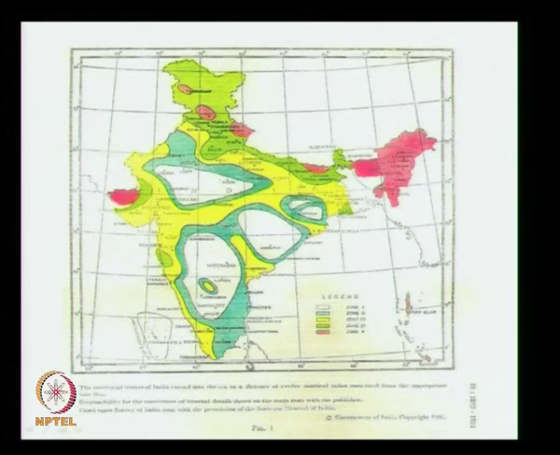And I was telling you about the old zones, there it is given zone 1, zone 2, zone 3, zone 4 and zone 5. So zone 5 remains the same whatever it is. All these zone 1s have become zone 2, there is no zone 1. Some portions have become zone 3.